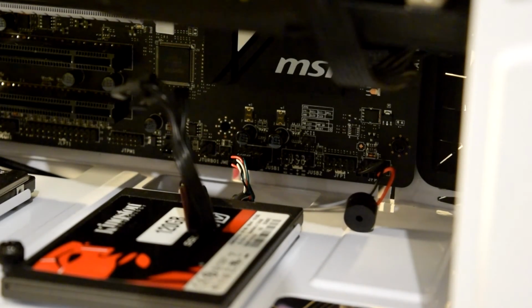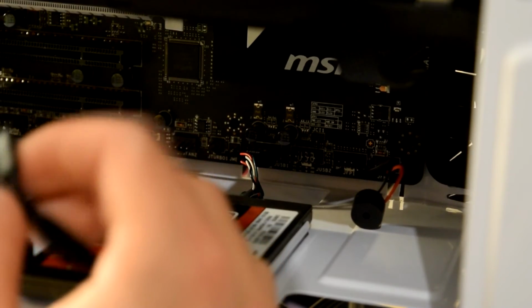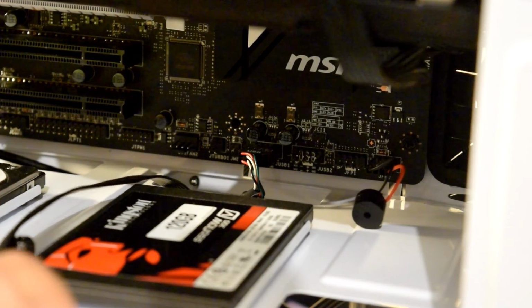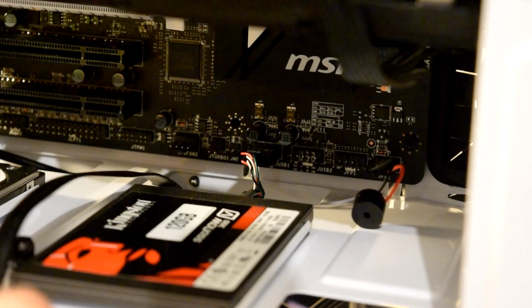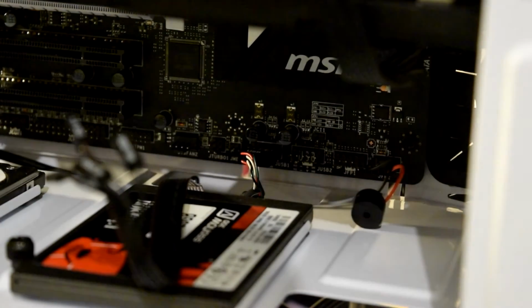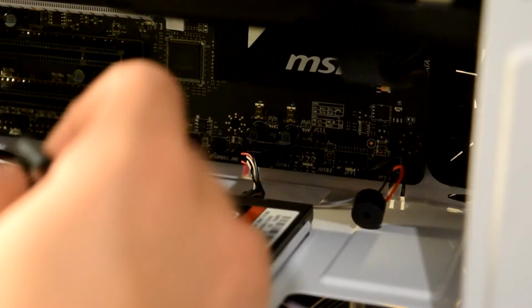And then it's the power LED. Oh god. Like so. But this is actually quite hard. No, there you go there. And next the...